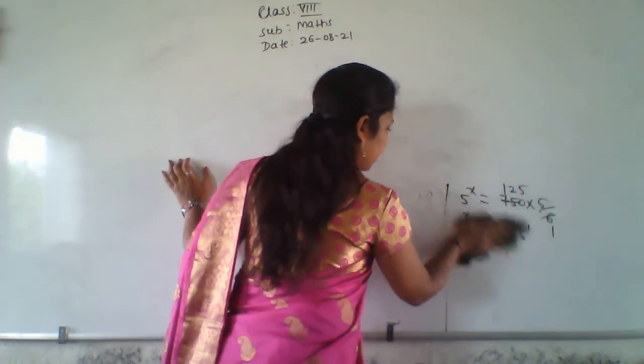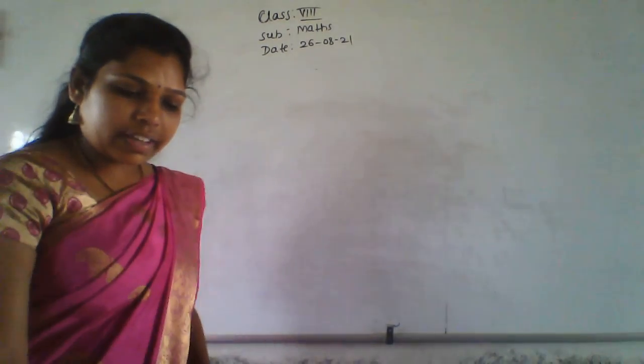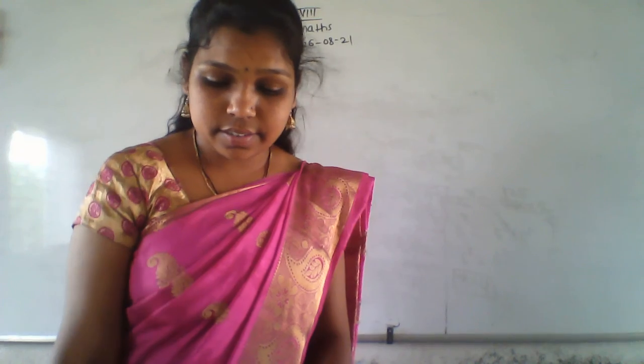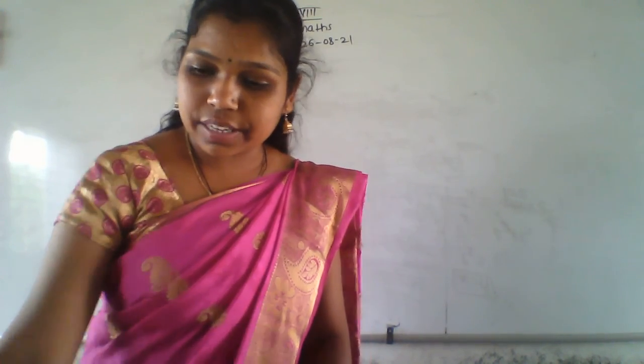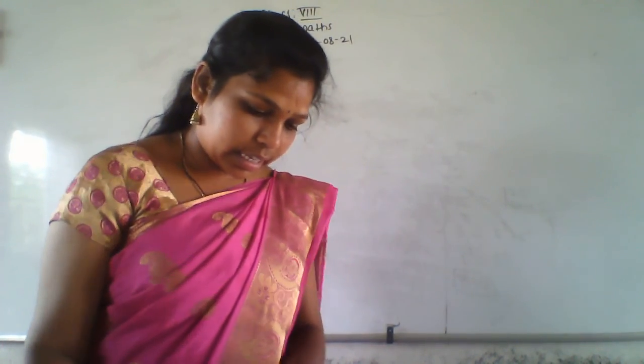2.3 is also very easy. It is about, given a decimal number, we have to write it in the form of a power. Using the powers we can write those things here. I'll just give one example before that.